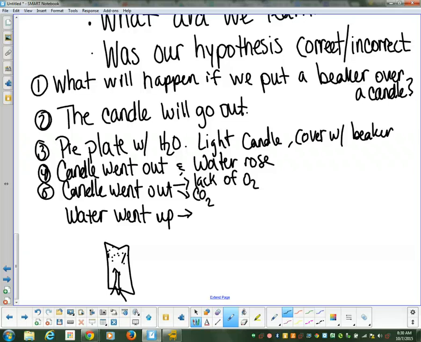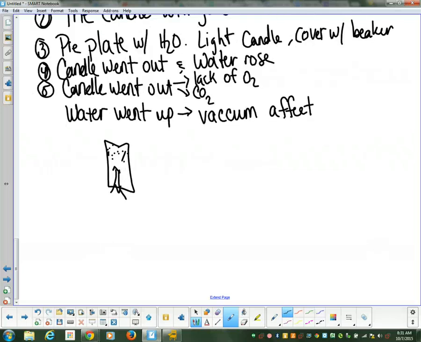Now, had we heated this up more and we had more space, the water would have risen up more. So the water went up because of this vacuum effect that was created. Okay, good. So those are the steps of the scientific method, and you can apply it to basically anything. Each lab that we do, you are always going to be using these steps, most likely without ever even knowing it. Now, the last thing that I need to cover very quickly is sometimes things are too big